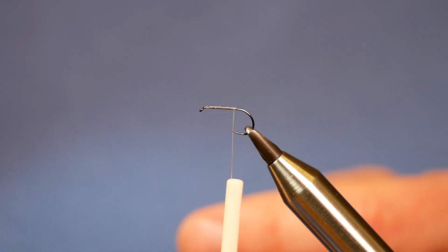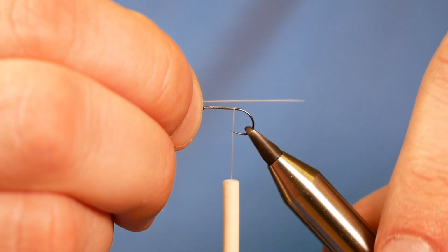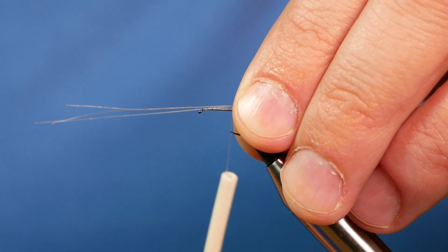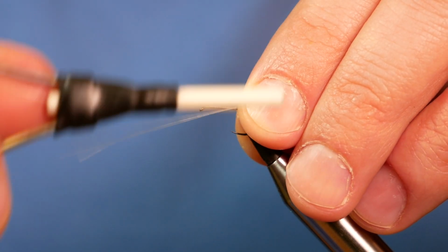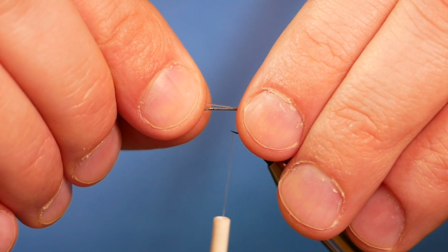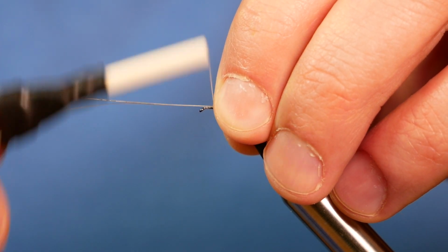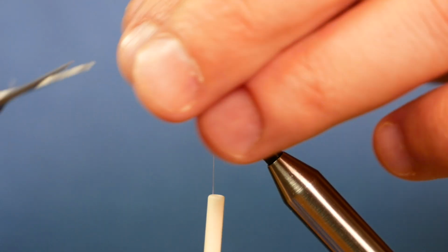So to keep these together, I'm just going to give them a little lick, and I'm going to lay them up to the hook. Now the tail on this spinner is going to be quite long, so it's protruding roughly 2.5 centimeters past the bend of the hook, and I'm going to capture that over with a couple of turns of my silk. Just make sure it's sitting on top of the shank, adjust it if you have to, and then you want to bring your thread down to about 2/3 of the way up the shank. Now you can remove your waste at this point,